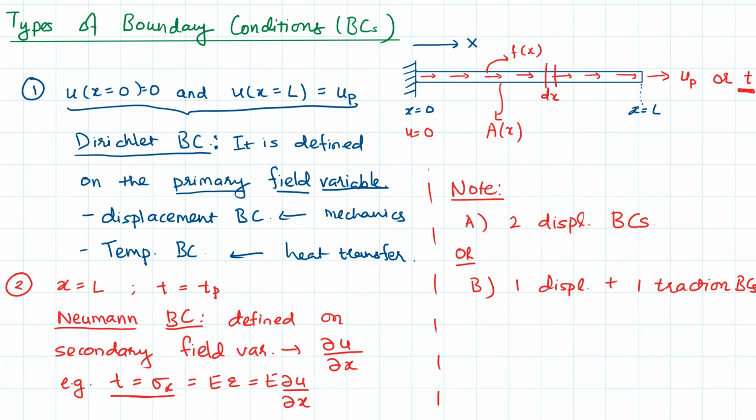Okay, and this is specific to this case, right, for 1D. But we can never have case C where both the boundary conditions are traction boundary conditions. Okay,